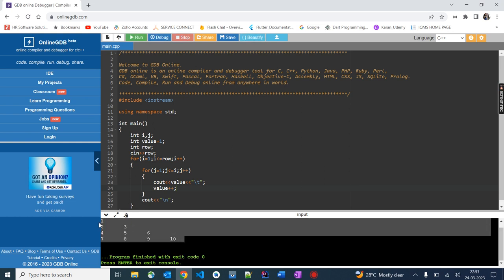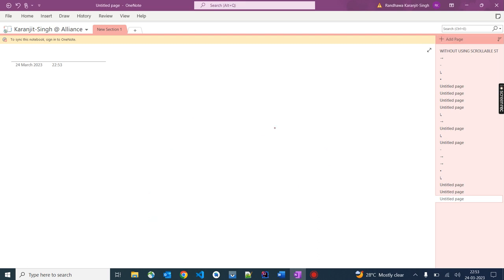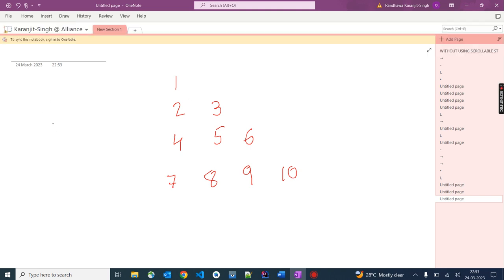So here we get the desired output, that is 1 in first row, 2 3 second row, 4 5 6 third row, 7 8 9 10 in fourth row. So let me explain once again how the flow goes. See, value is now 1. Okay, so the i value will be coming here and j will be here, and it will print